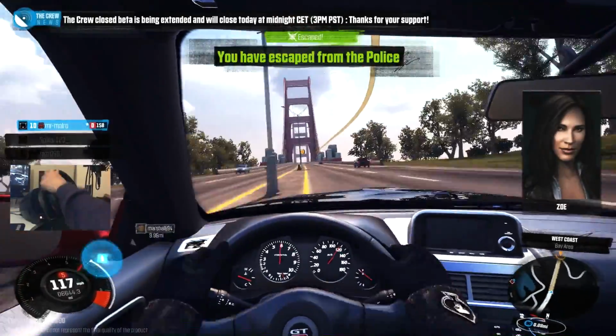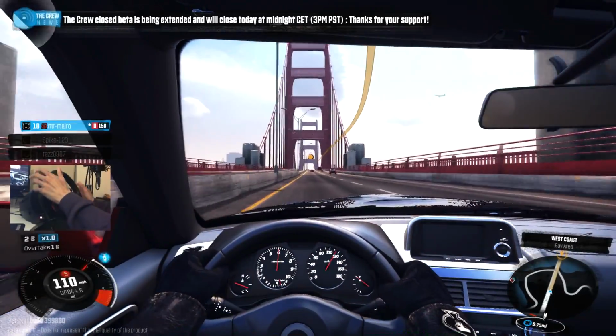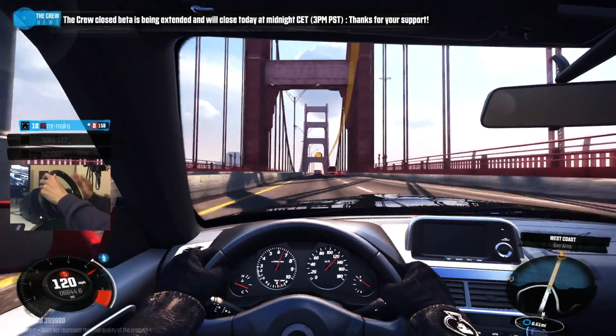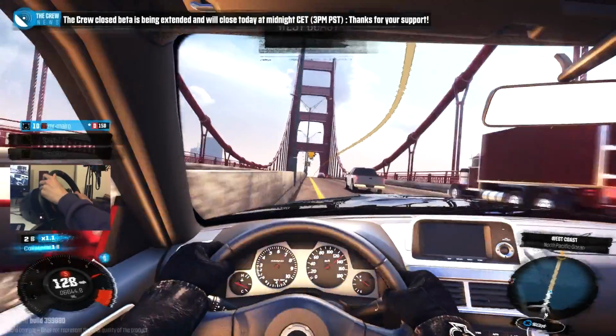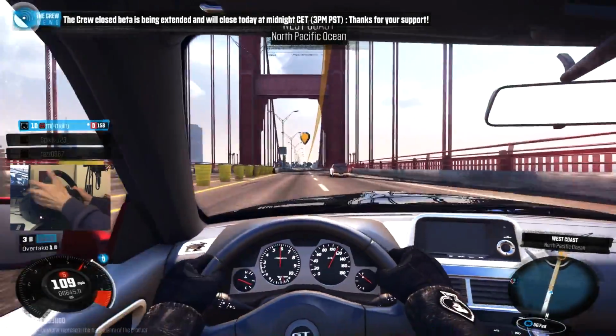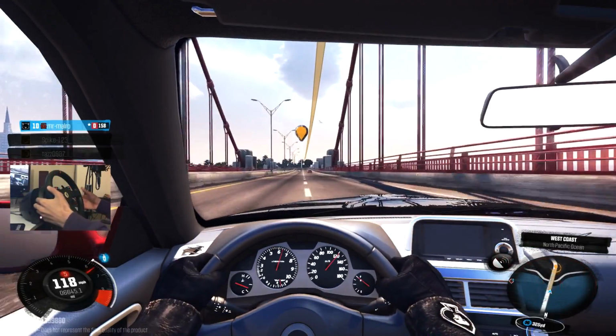Do you know, this game is actually making me feel like, right, this road at the moment. I don't know why, it just suddenly came to me. LA Rush. I know I'm not in LA, but that road style there, that truck and everything, I just thought, LA Rush. All they need to do to make this destroy LA Rush now is...